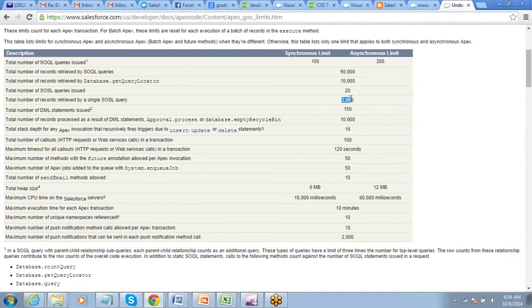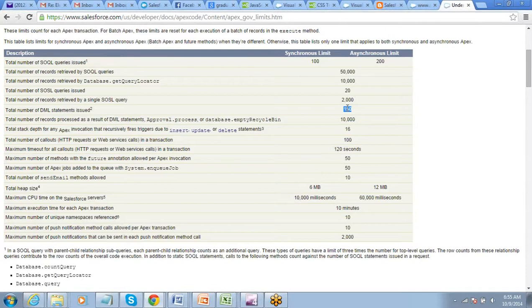So this is the number of records which can be retrieved by SOSL. Total number of DML statements which can be issued is 150. So in one transaction you cannot have more than 150 DML operations. You cannot have 200 DML operations in one, right? Then again it will throw an exception.